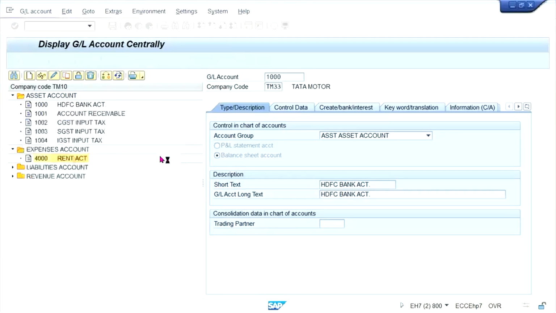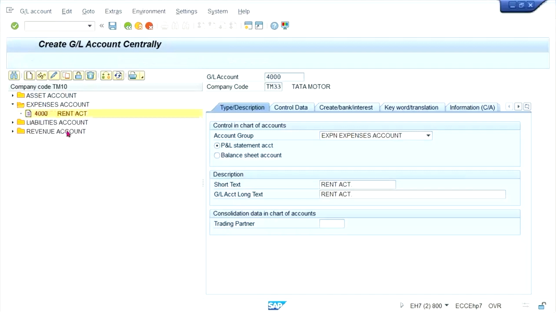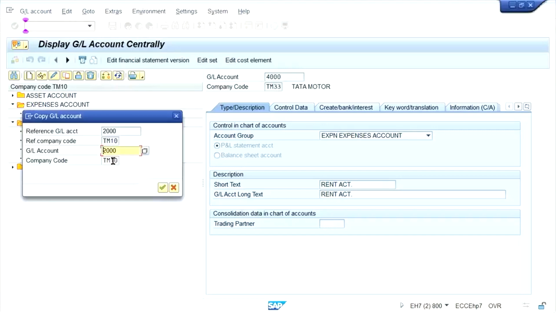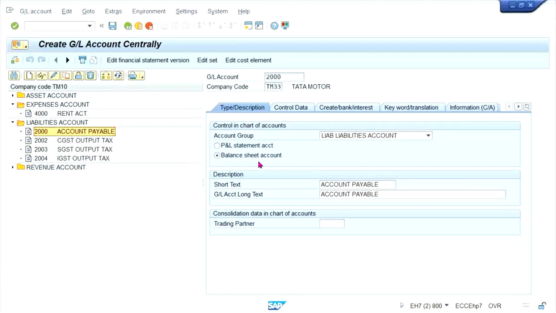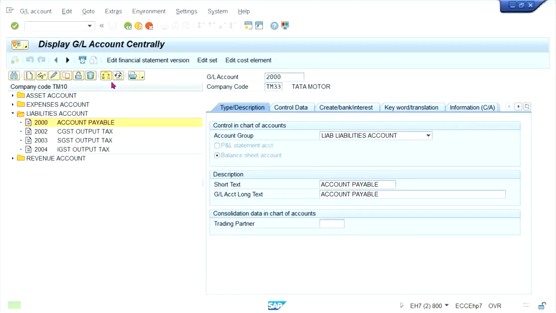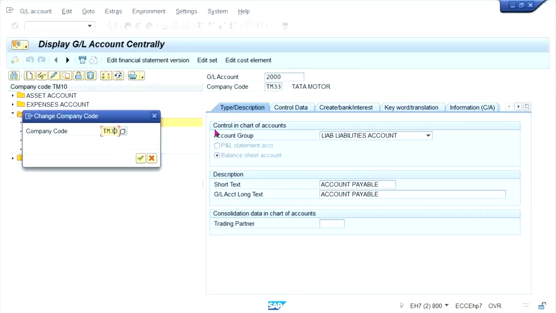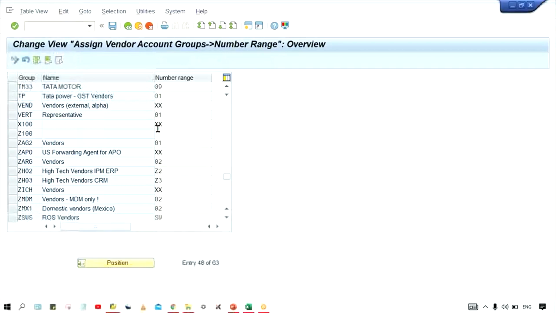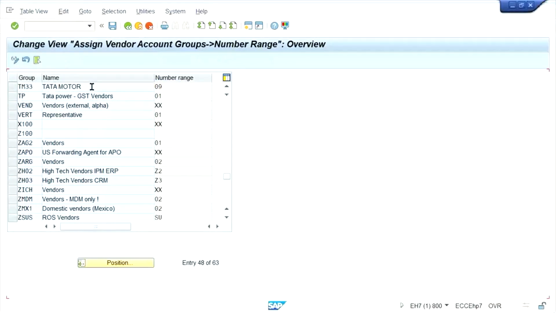Okay, TM33, just save it. And liability also, GL number 2000 is required. Whatever remaining GL accounts there are, guys, these GLs are going to be set up later. Now TM33. So we have created the GL accounts, right? So first of all, what we have to do, I will assign one number range here, right? Okay, first of all,